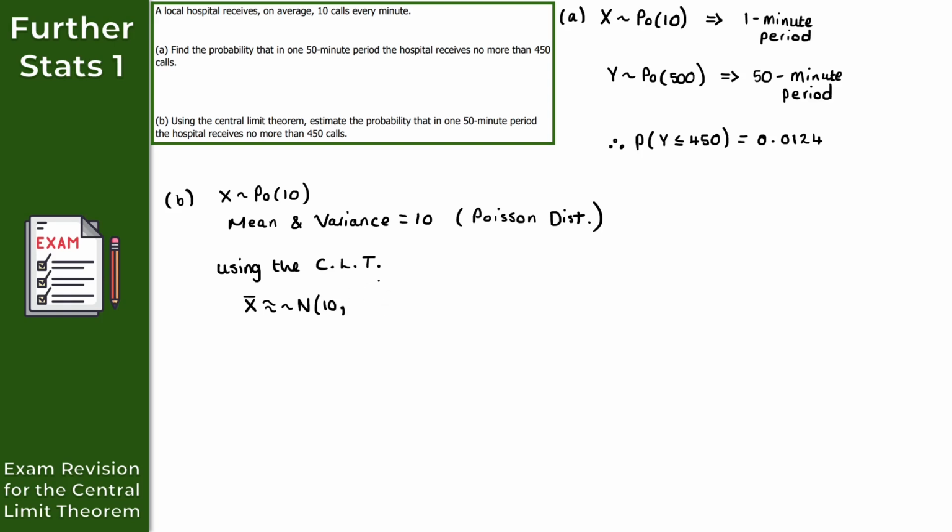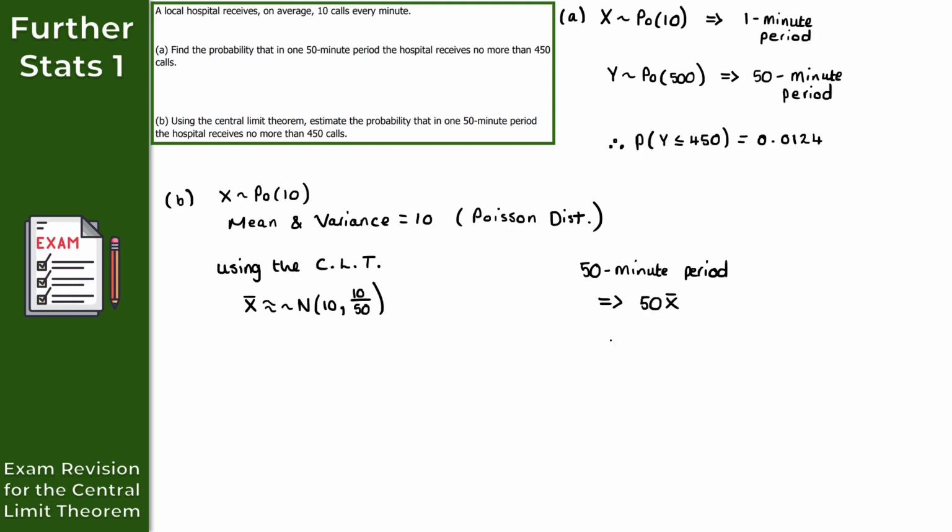And then for the variance here, we need to be slightly careful. Remember, this is 10 divided by the sample size, which in this case would be 50 because we're going to take 50 lots here of a 1 minute period. Okay, so we get 10 over 50, like so. And as we mentioned then, for a 50-minute period, so let's just write this down here. So for a 50-minute period,